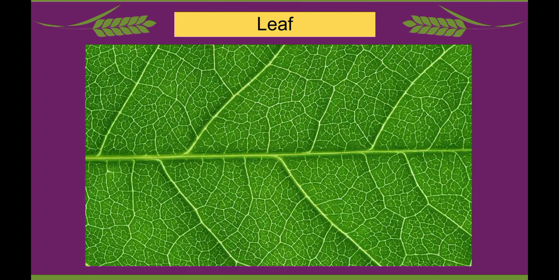And if you zoom in on the leaf well, you can see the middle long tube. You can see here, the middle long tube. This middle long tube we call the main vein. So if you see in the picture carefully, the middle long tube present in the leaf we call the main vein.